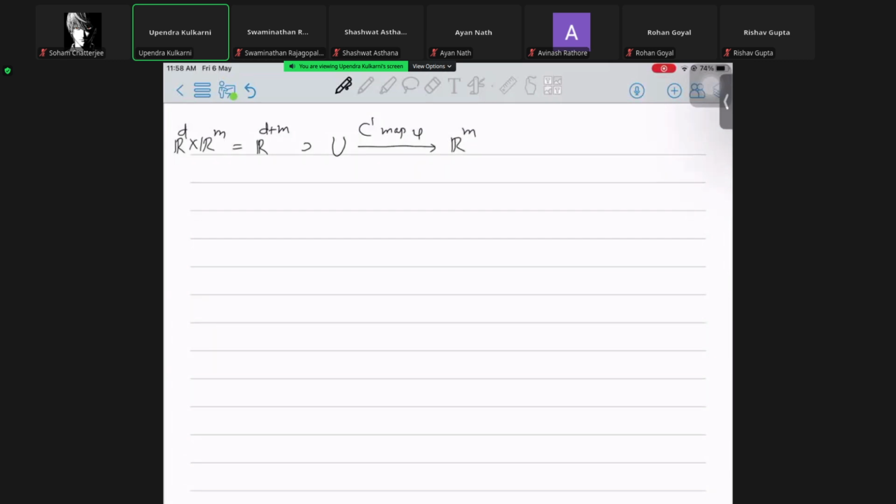And if I have a point (X, Y) in here, I think of it as (X, Y), where X is in R^D and Y is in R^M. So this point (X, Y) is going to phi of (X, Y). And the point P is going to the value C. Okay. So this is given to me, and the key assumption is that